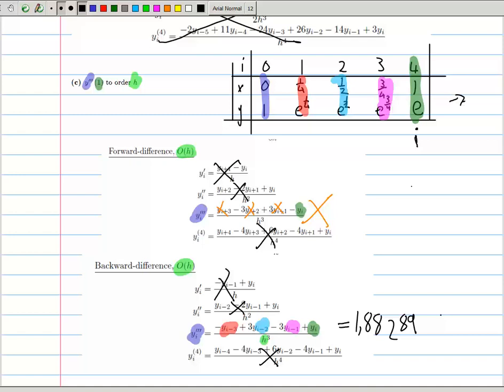Again, if we wanted to double check, we know that the derivative of e to the x is endlessly e to the x. This being the third derivative, we look at e and we take this to the power of 1, because that's what we're looking at. Anything to the power of 1 is itself, and 2.718 is the expected value. 1.88, yes, we're starting to be quite far off,